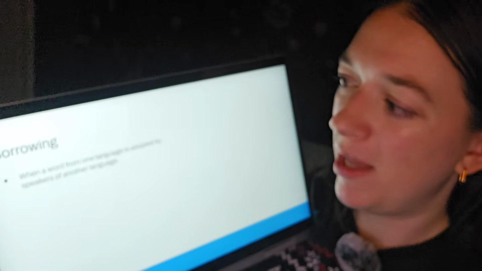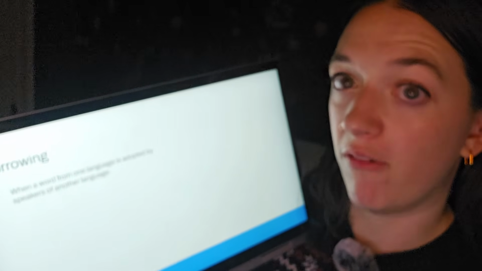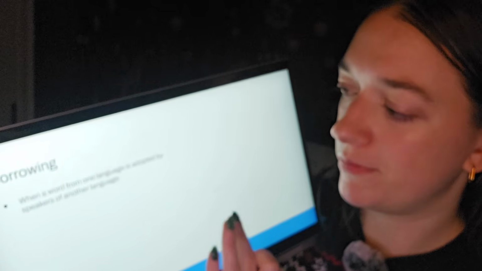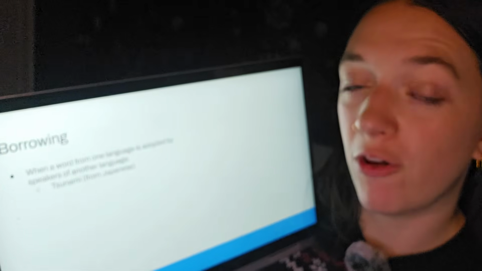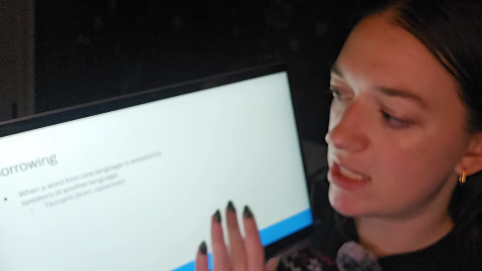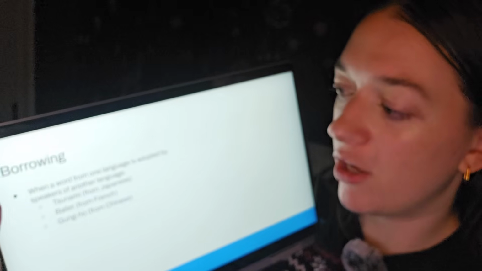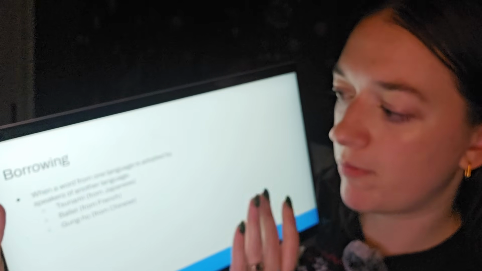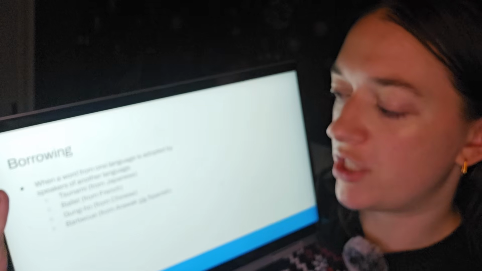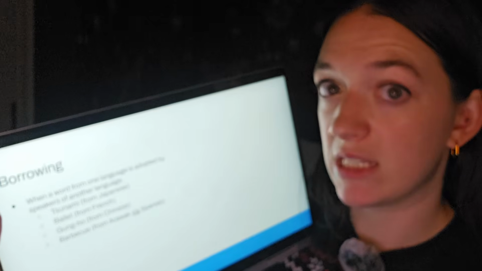And finally, we have borrowing. Now, borrowing may lead to folk etymology, but borrowing is when a word from another language is adopted by speakers of a different language. English is full of borrowed words. We have tsunami from Japanese, ballet from French, gung ho from Chinese, barbecue, which is from the language Arawak, but we got it via Spanish,